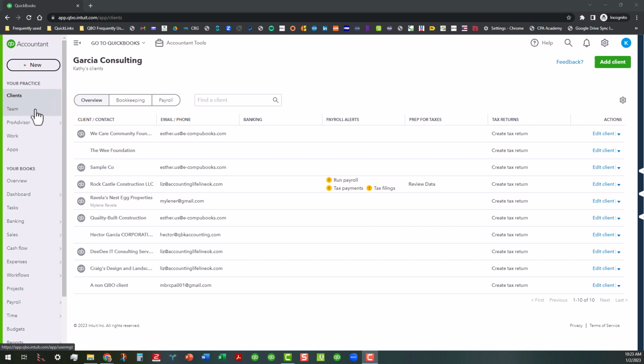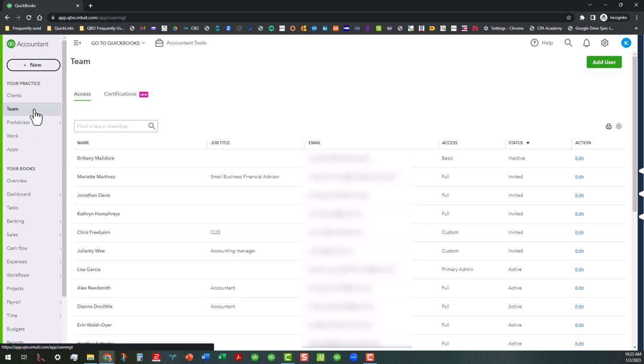So what we're going to do is, under your practice right here, we're going to click on the team tab, and that'll take us to the team area. And as you can see, there are two areas in the team area. We have the access, and then we also have the certification section. We're going to talk a little bit about the access section first, and then we're going to switch over to